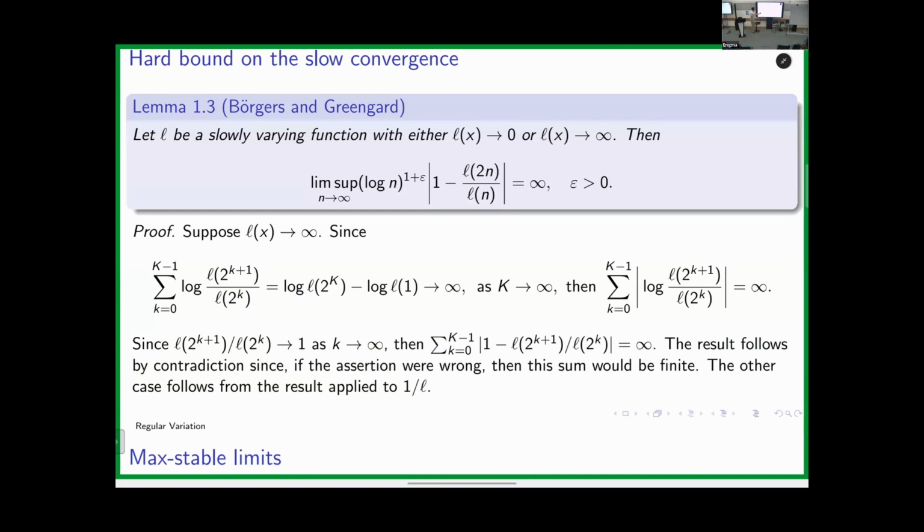And since these terms go to 1, I have some two-sided asymptotics, and it implies that 1 minus what I have inside the log is also not summable. All right? And if these were not true, so this guy would dominate this one for some positive epsilon, then this should be summable. So this is a contradiction. Why? Because log of 2 to the k will give you 1 over k, so I would have a power of k that's larger than 1, that would be summable, right? So that's it. That's the gist of it. The other case follows similarly by considering 1 over earlier.